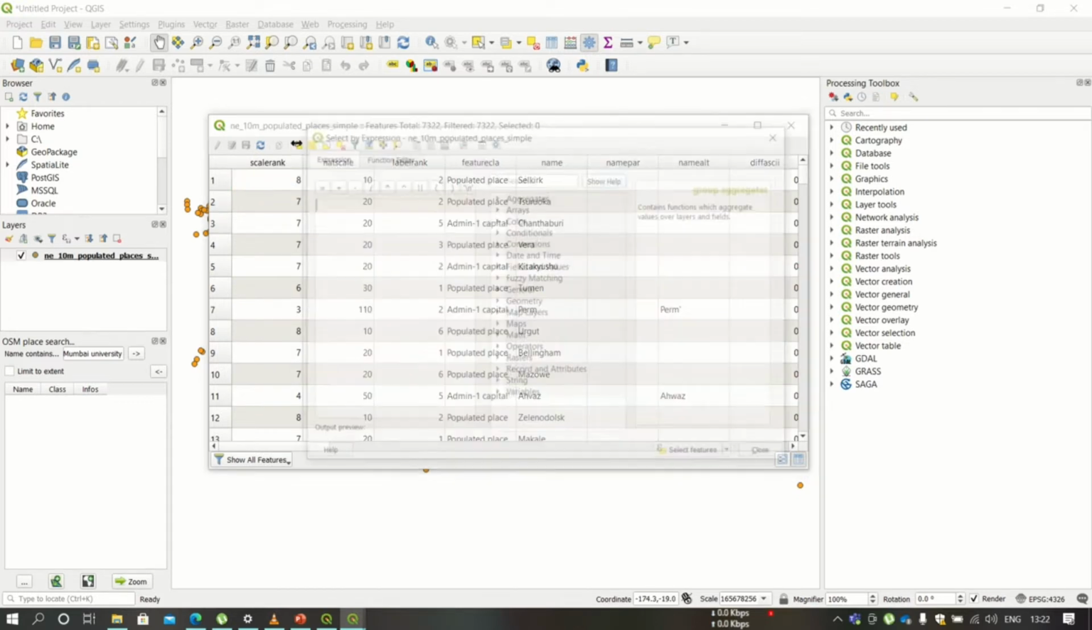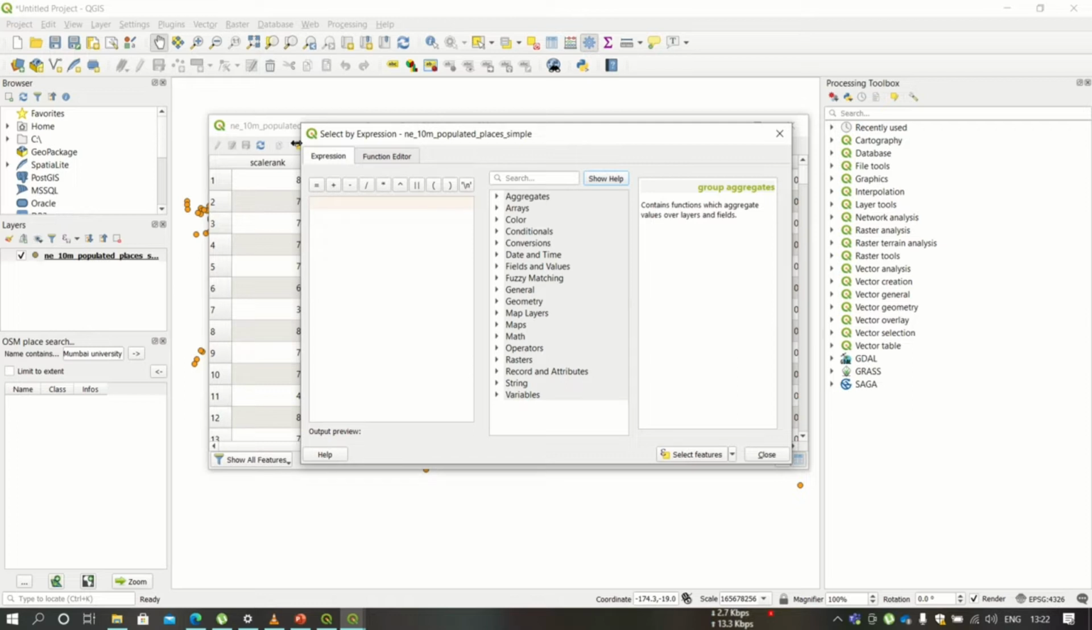Here we are going to select a feature by expression. So click here to write an expression. You will get this dialog box. In this dialog box, enter the expression as pop max greater than 100 and pop max less than 10,000. Once done with the expression, click on select features and you will be able to see that result in the layer. After clicking the button select features, we will get all the places with the population between 100 and 10,000